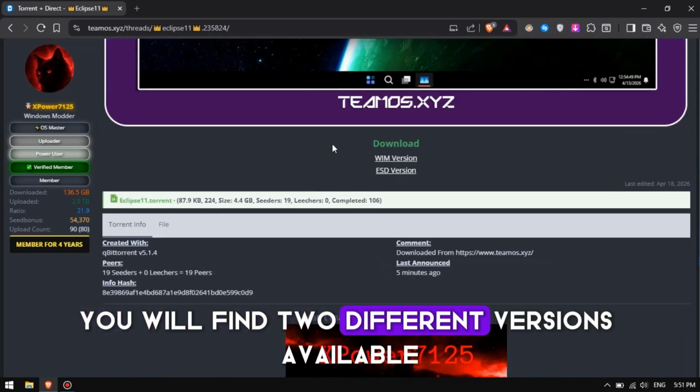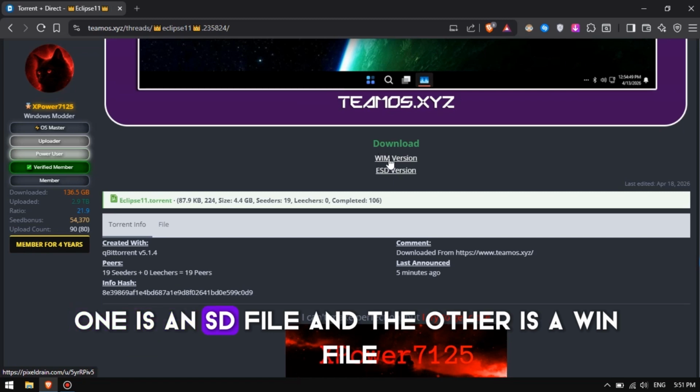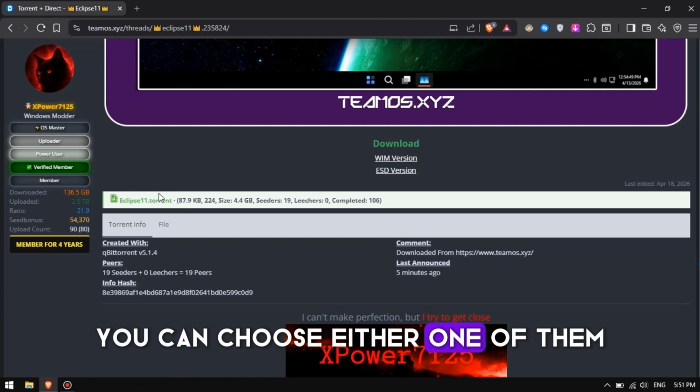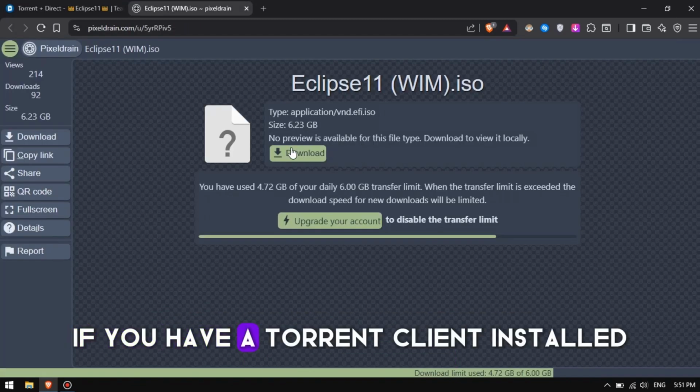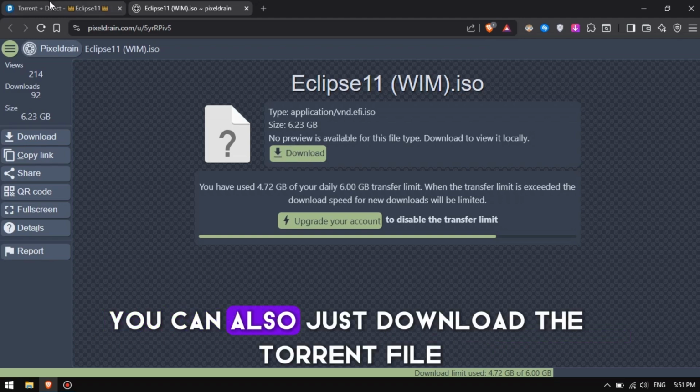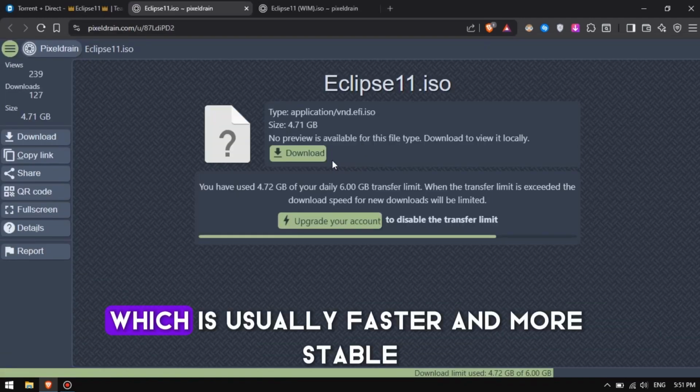You will find two different versions available. One is an ESD file, and the other is a WIM file. You can choose either one of them based on your preference. Alternatively, if you have a torrent client installed, you can also just download the torrent file, which is usually faster